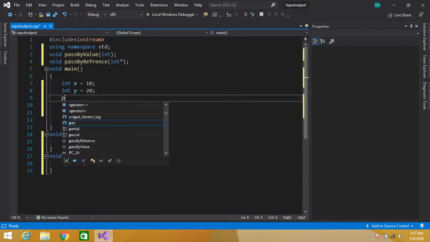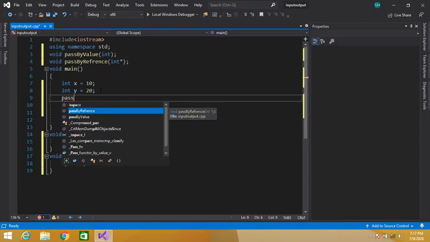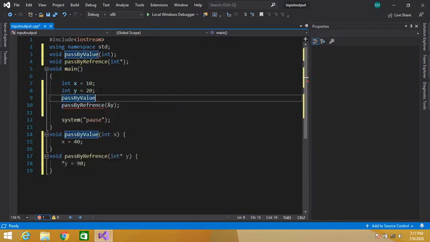Similarly here pass by value, and I will pass x.